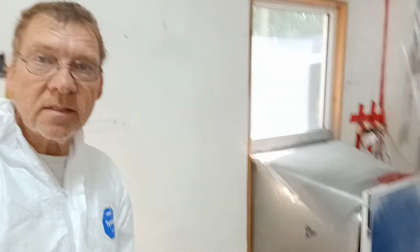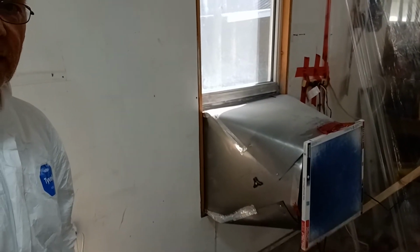So I've put the second coat of clear on, and I'll be honest with you, I don't think I'm going to put a third coat underneath everything. I mean, under the valances and stuff, I don't need 3 coats. But first thing I want to say is anybody who paints a car without a respirator, you've got to really watch it, because you can just see how much of the pigment is airborne and then gets caught in the filter. Now the filters are off. I'm going to turn them back on. But basically what I wanted to show you